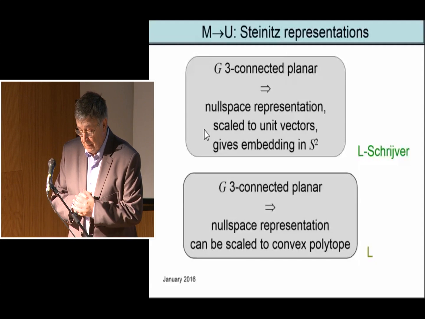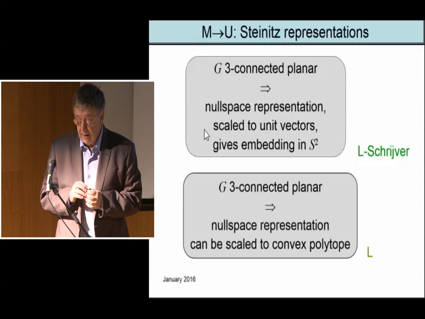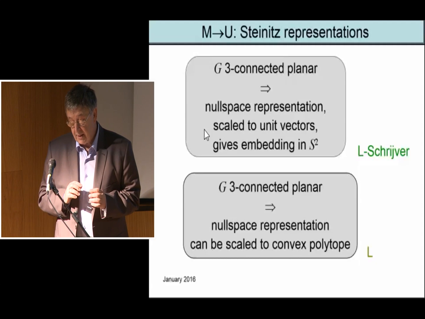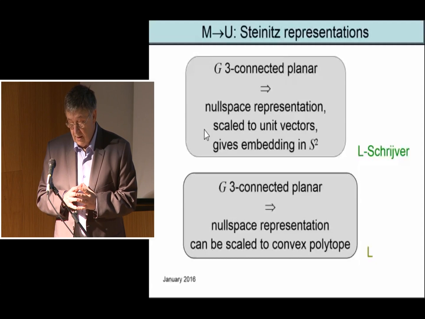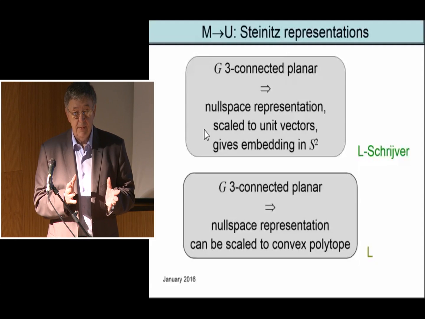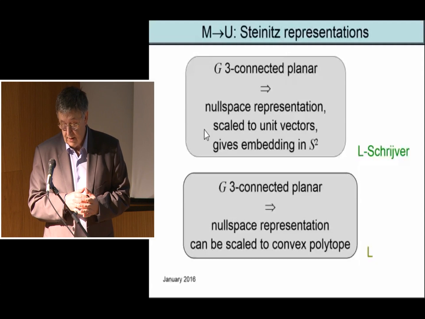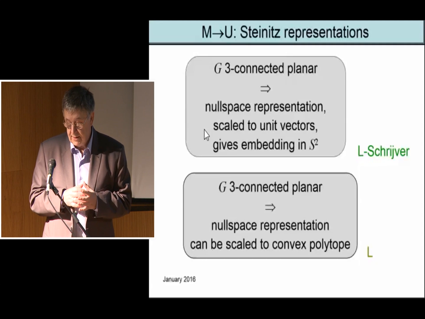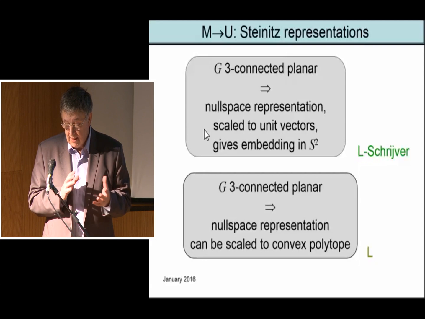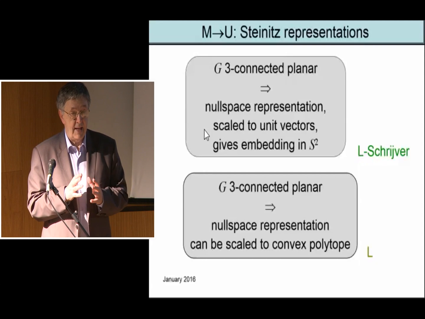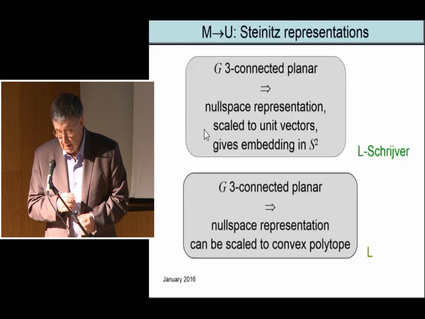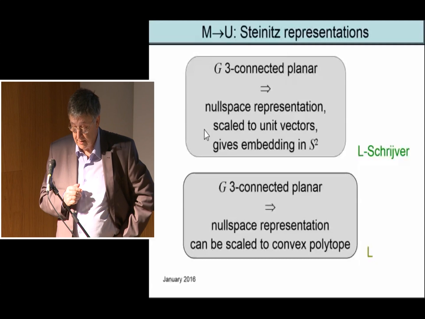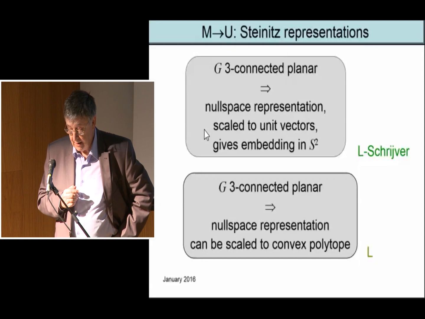And even more, you can scale them differently. If you don't scale them to unit vectors, it's a little more tricky scaling, then actually it will give a convex polytope in 3-space. So this matrix gives you a representation of the graph, a three-connected planar graph, as the skeleton of the convex polytope. We know that all three-connected planar graphs, Steinitz's theorem, can be represented like that. This is